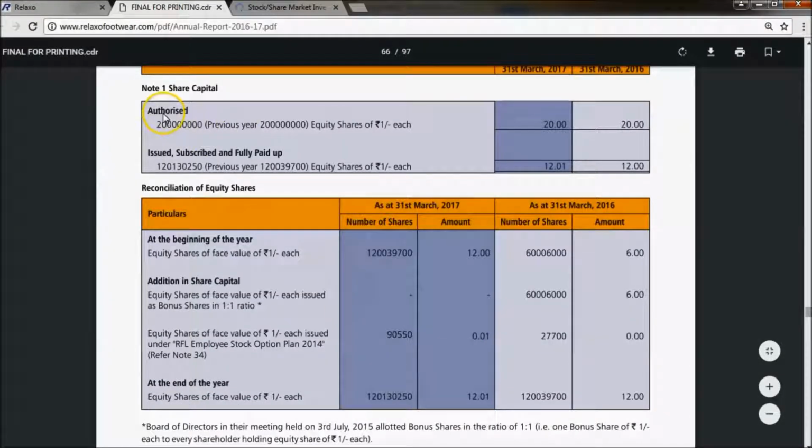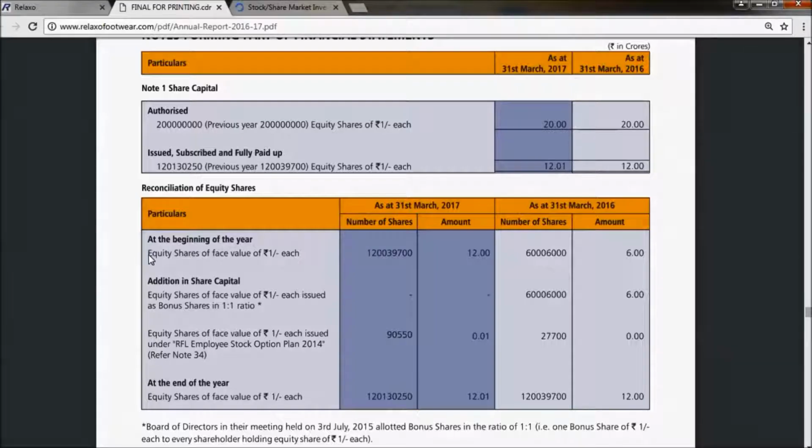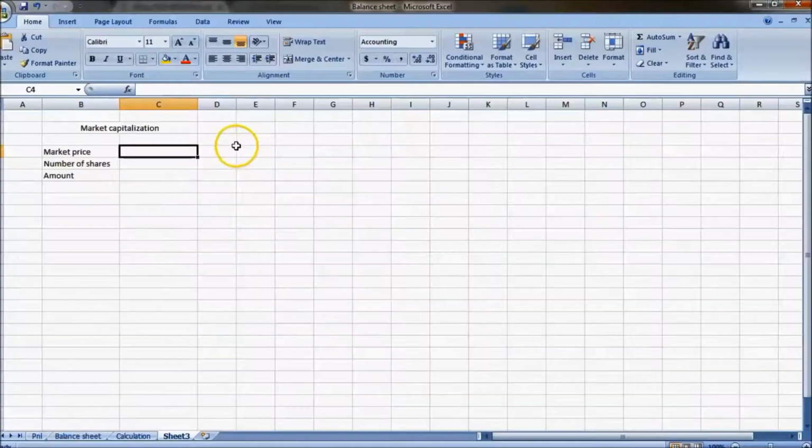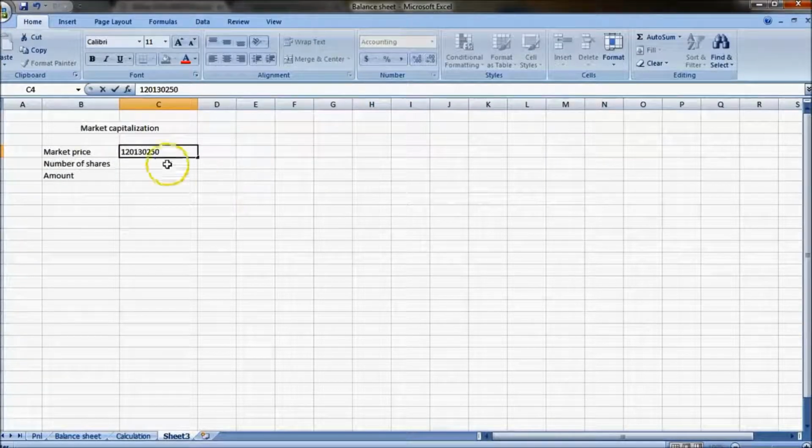Here under note 1, share capital, I can see the authorized share capital and I can see the issued, subscribed and fully paid up. This is the number of shares which is actually in the market, which has been issued, subscribed and fully paid. So I take this figure, the number of shares, and in order to